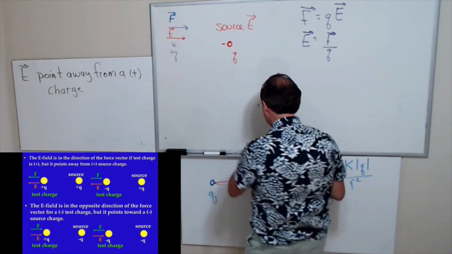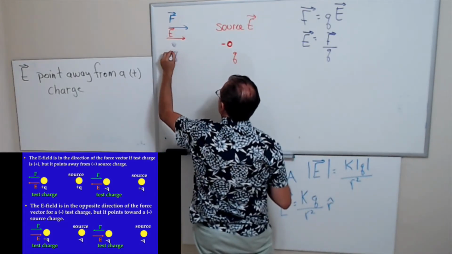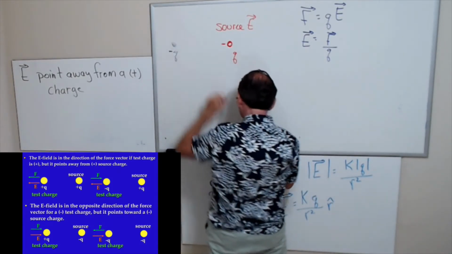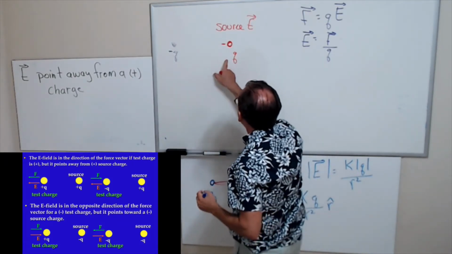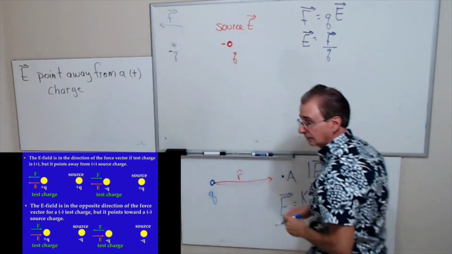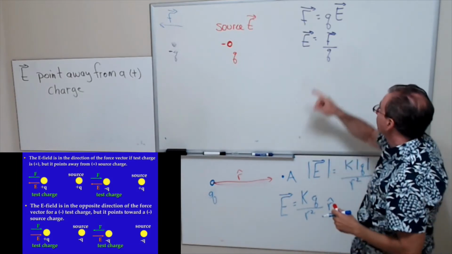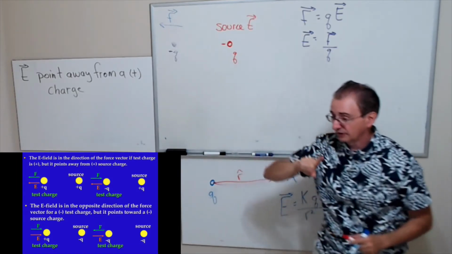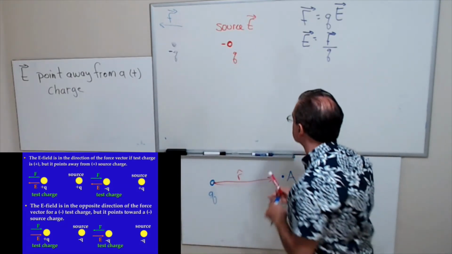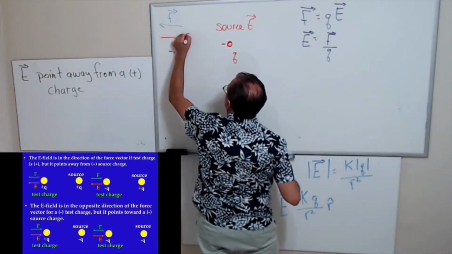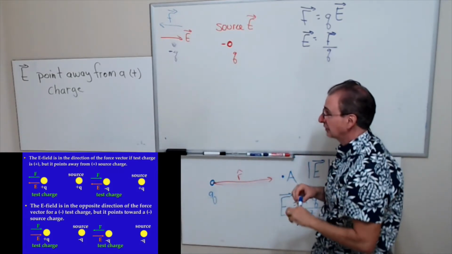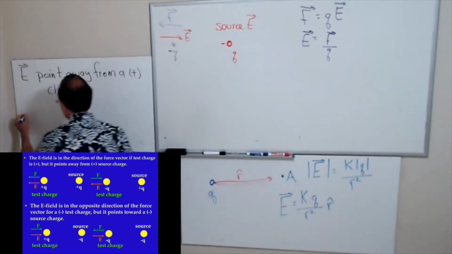And again, we can make this negative. Go through the argument again and say, oh, well, this is going to be repelling this guy, so the force is this way, which is true. But then if I take that force and divide by the test charge, which is negative, I divide a vector by a negative number, and it flips the vector by 180 degrees. So the electric field is this way. And so what that means is that the electric field points away, or points towards,